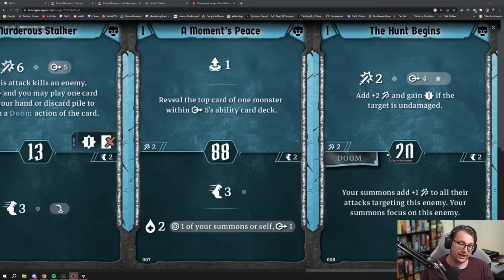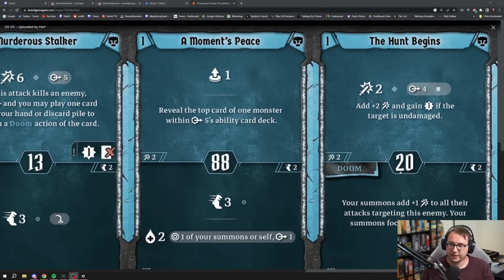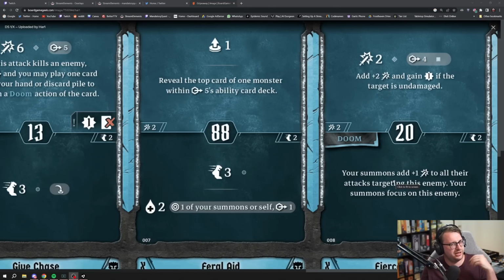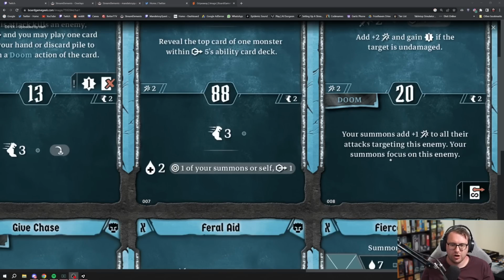So the bottom of this card is your summons add +1 to all of their attacks targeting this enemy. Your summons focus on this enemy. Oh, that's a nice change, huh? That's a really cool change. So I think we had something that kind of gave us +1 anyway, or we had like a you and all your allies get +1, or just your allies get +1 and you didn't get the +1, if I remember rightly. So this is a bit of a change, but the summons focus on this enemy is